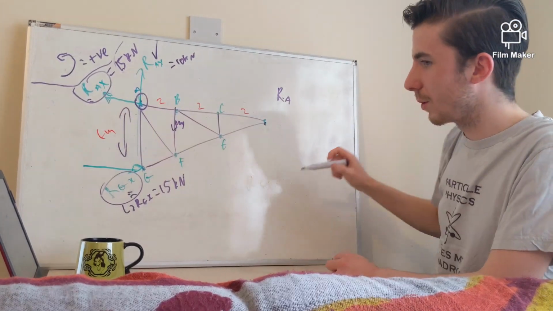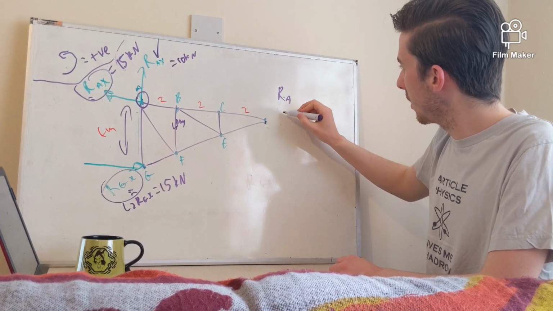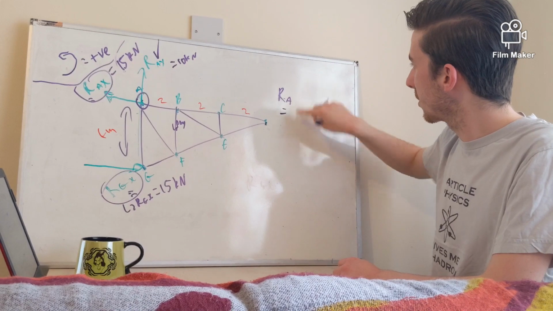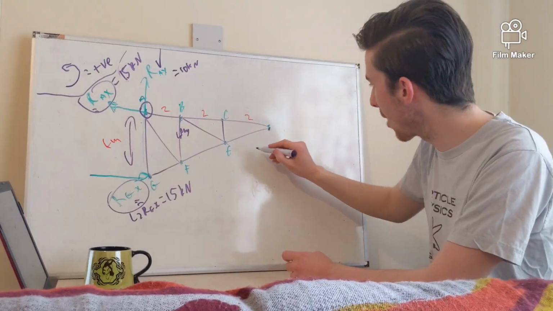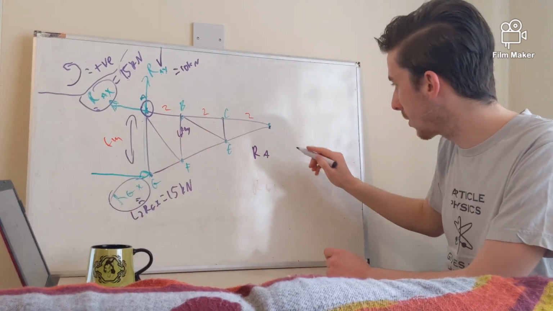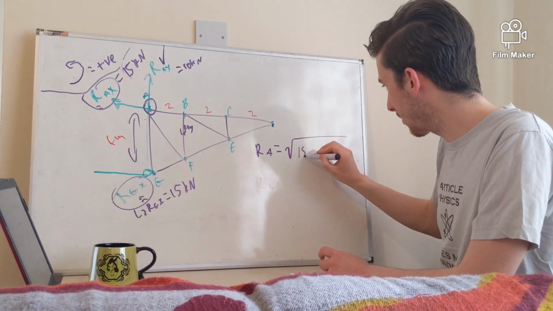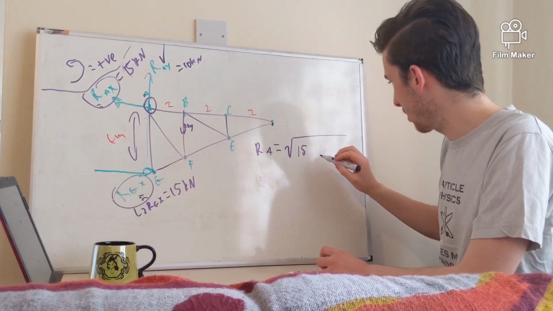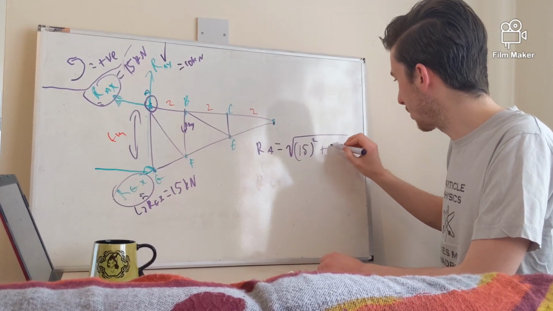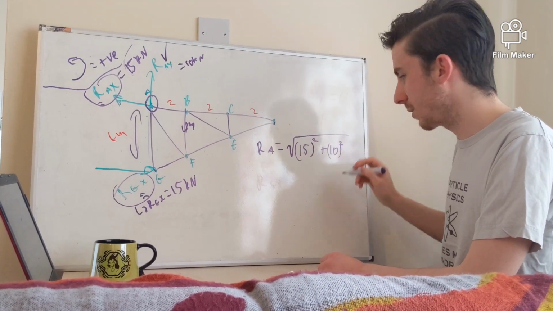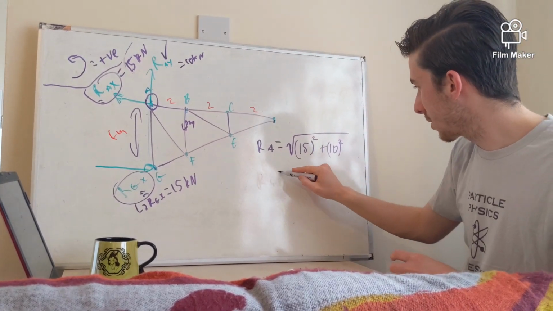So we know that RA is equal to, that's not really very good, is it? Let's edit that bit out. Let's not, because I can't bother. RA equals the square root of 15 times 10 to the minus 3 squared plus 10 times 10 to the 3 squared, which is